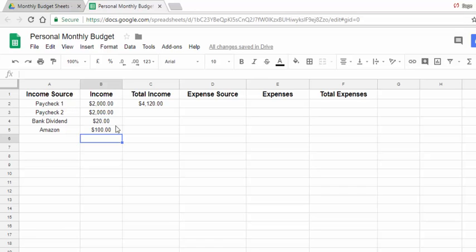So let's say your income was, instead of $2,000, it was $2,013.92. I would just make it 2014. I round it up. So if you're familiar with rounding, basically 50 and above rounds up, and 49 and down rounds down. So if you